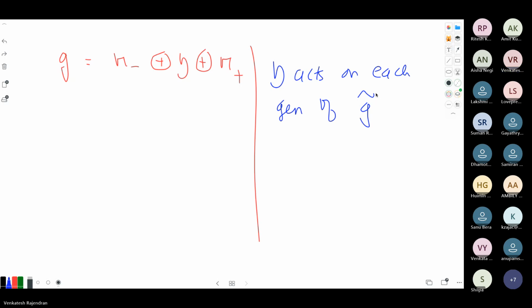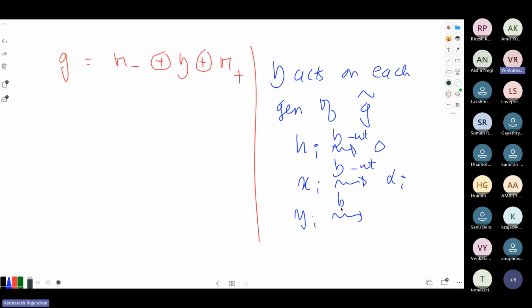So for example, hi have weight 0, xi has weight, I'm talking about h weight, alpha I, yi have weight minus alpha I. That means G tilde, because it is generated by all this set of generators, h must act